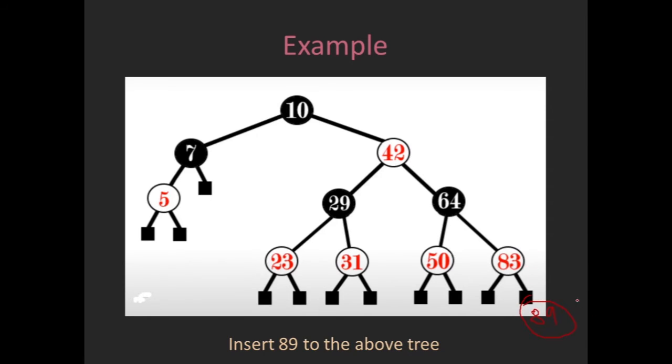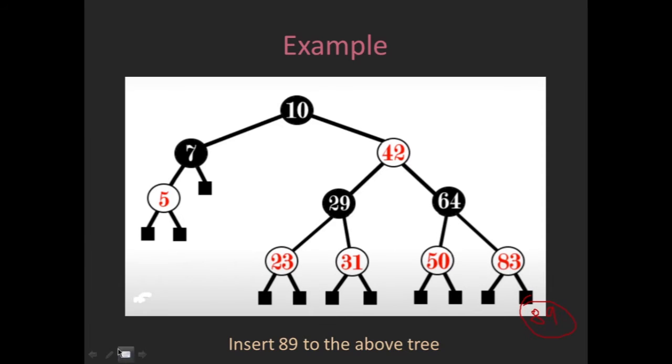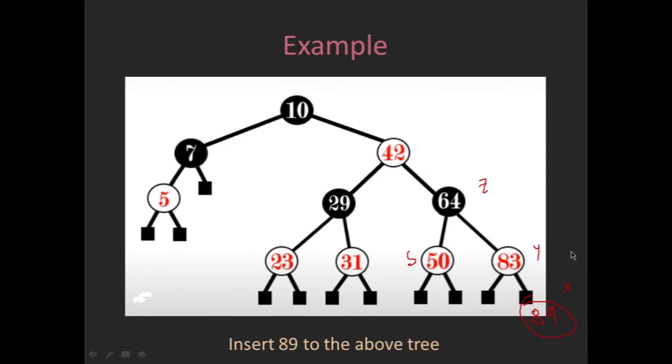So now let us look carefully. This is a double red condition we have reached. So we have to follow this algorithm. We have to relabel the nodes X, Y, Z. Let's label them X, Y, Z, and this is the uncle of X, S. So we have to check about the color of S. The color of S is red. So it is the second case. According to the second case, we have to recolor these two levels. So let us recolor them.